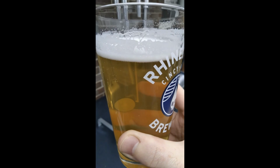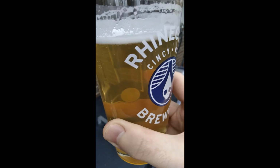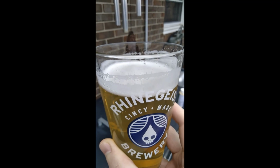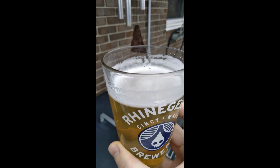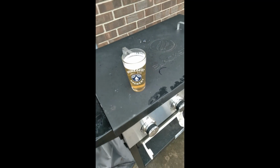So I gotta tell you, if you ever want to make something like this, definitely go ahead and give it a shot. It is amazing. So today, we're going to be brewing something very similar